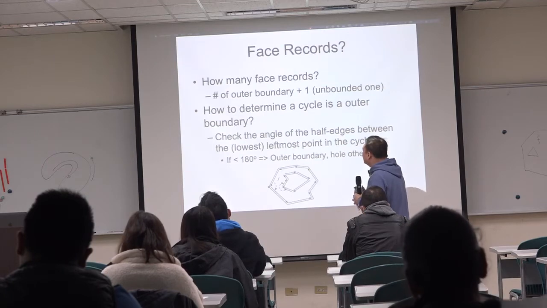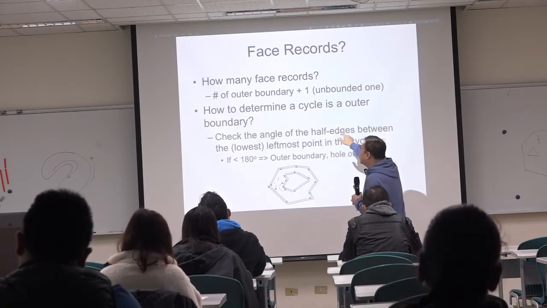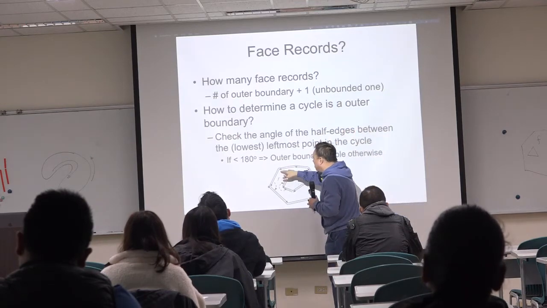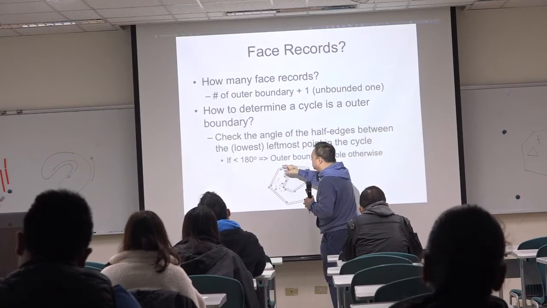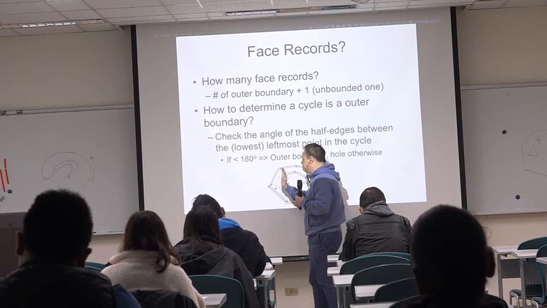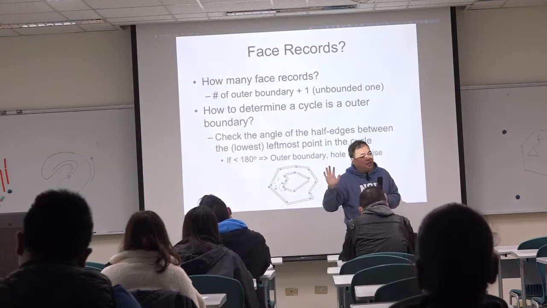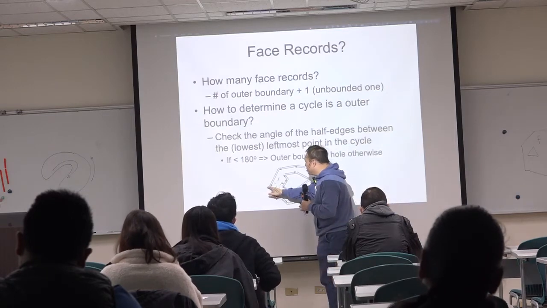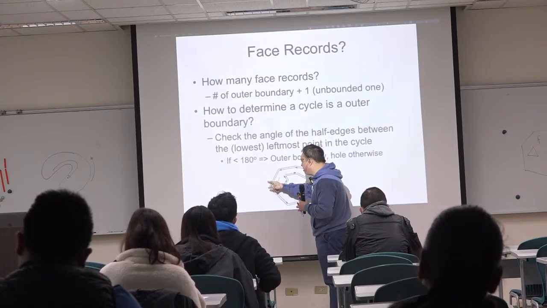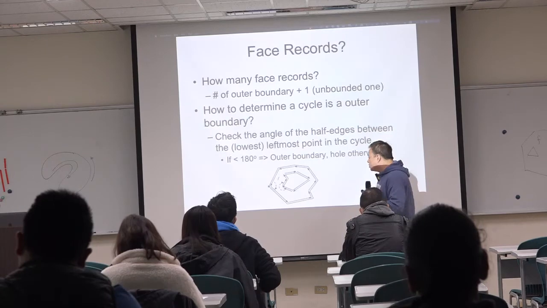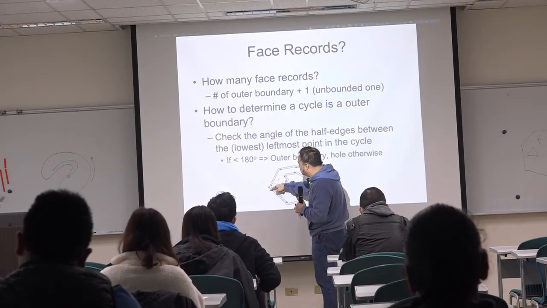The interesting thing is that we know there are cycles. So we determine the outer boundary or the hole. Now we know it's the outer boundary, right? So when we walk through the vertices in the outer boundary, we can find the leftmost vertex. If we have more than one leftmost vertex, we use the lowest leftmost vertex. And then try to identify the two edges